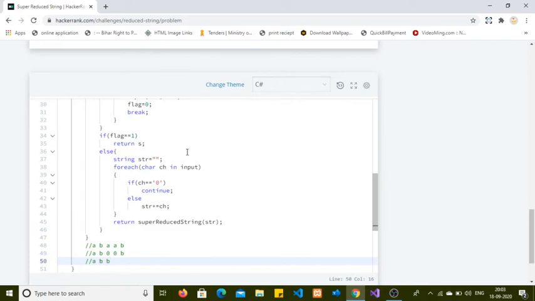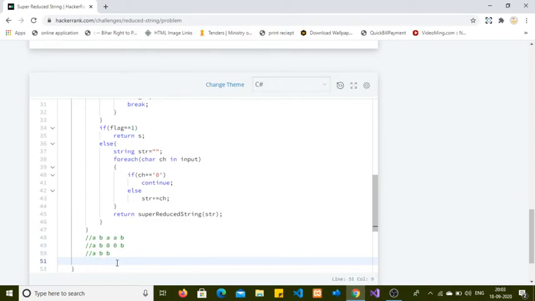Again we'll call this same function, and this function will check a and b, both are not equal, so we'll move to the next character. A will remain the same, b and b are both equal, so we'll mark 0 0 and break the loop, and the flag is again set to 0, so this if statement will not execute, the else statement will execute.